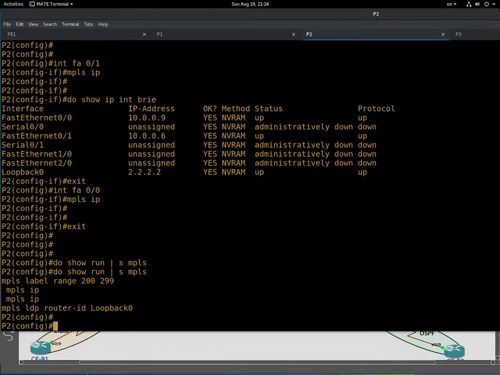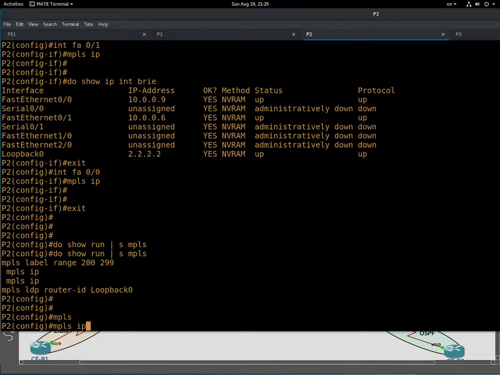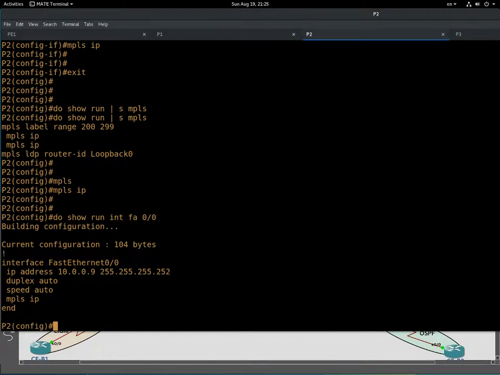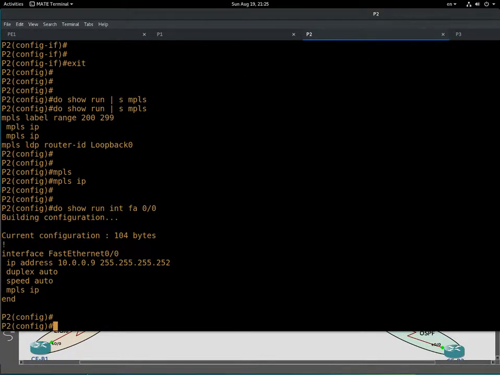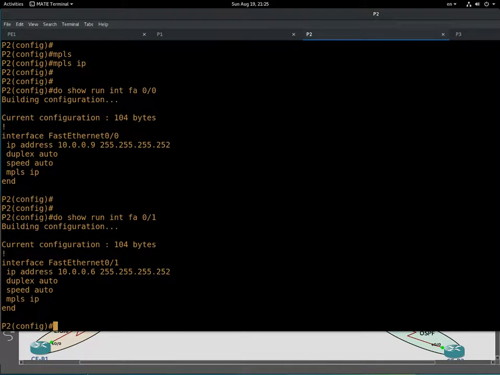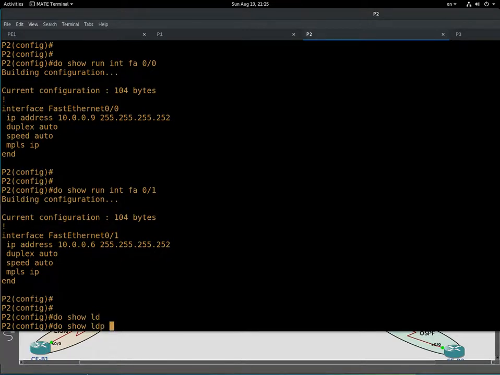Okay, so as you can see, we configured MPLS. Did we configure it globally? MPLS IP. Show run, okay, interface FastEthernet 0/0. And sure enough, MPLS IP, and then show run FastEthernet 0/1, MPLS IP. Okay, do show MPLS, do show LDP. Okay, MPLS neighbors,